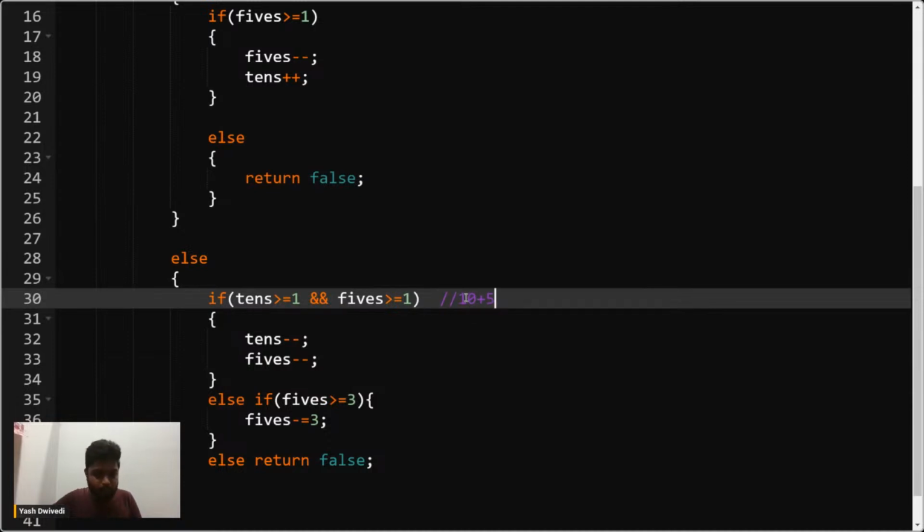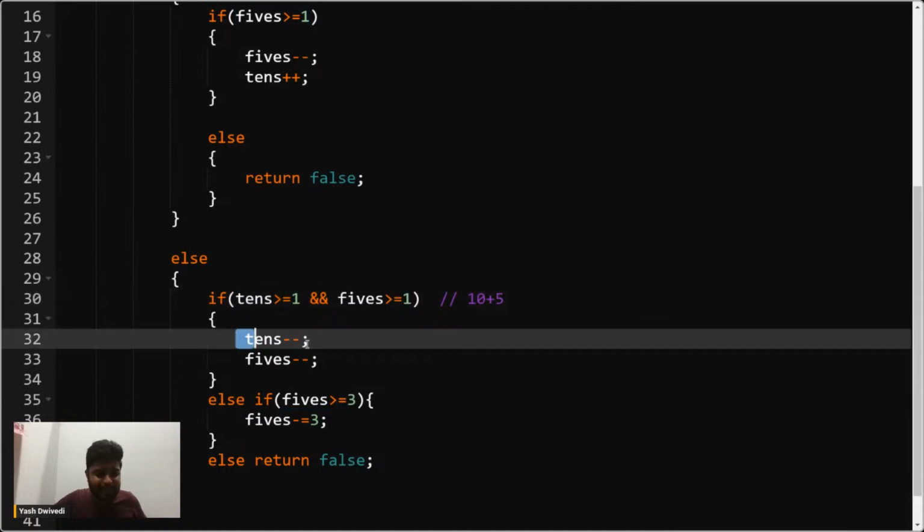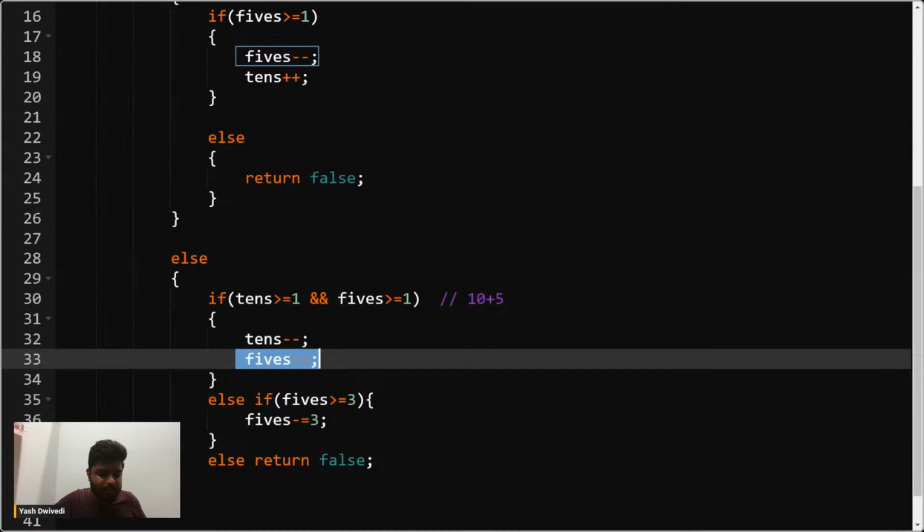Okay, we'll try to get the 10 plus 5 because we'll try to be greedy in nature. Please write G in the chat. So first of all, we'll see whether we have at least one 10 and one 5 or not. If the number of tens is greater than or equal to 1 and the number of 5s is greater than or equal to 1, then we can say that we can pay it, and the tens will reduce by 1 and the 5s will reduce by 1